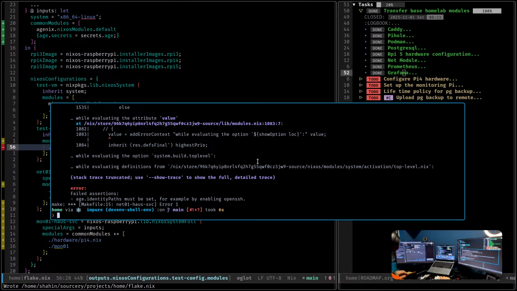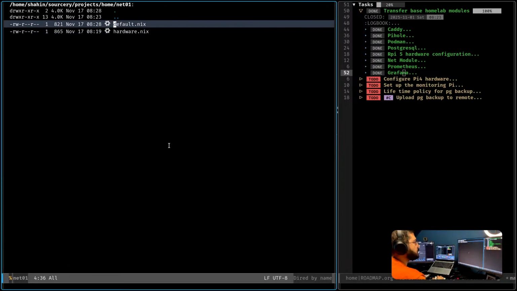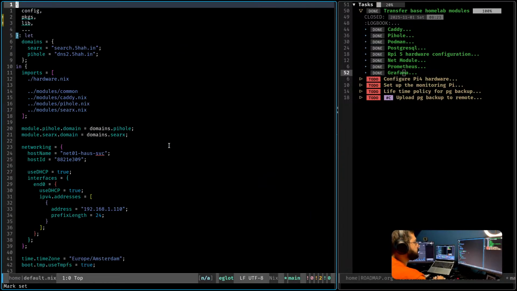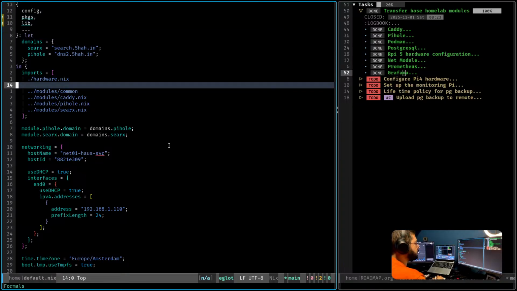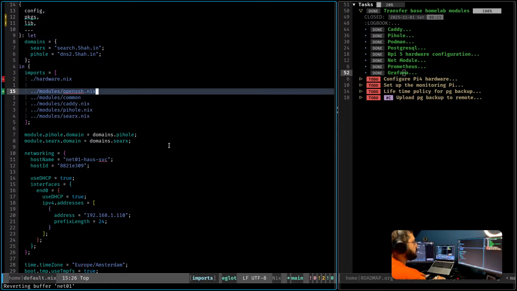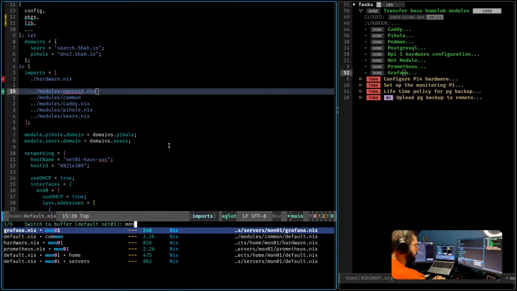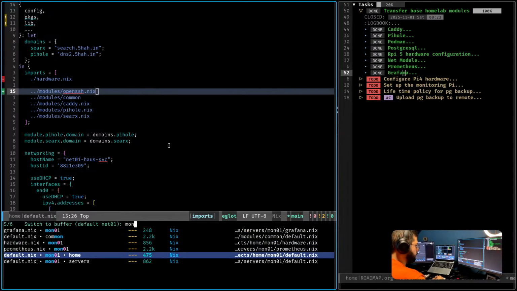Okay, for example, by enabling SSH, that's correct. Now I understand what's the problem. The SSH wasn't used inside this net01 directly, but that's what I wanted to. So it should be like this, and also inside Mon01 default.